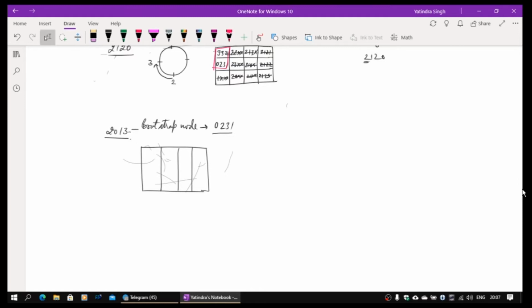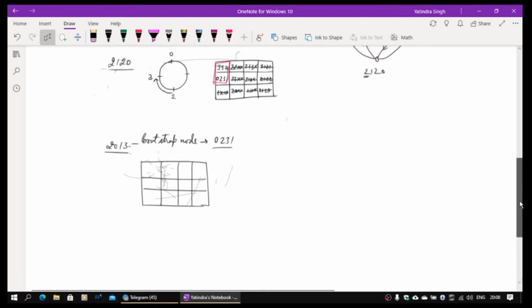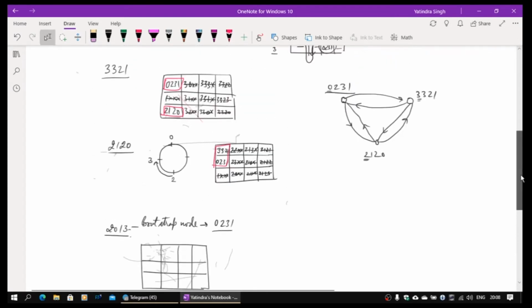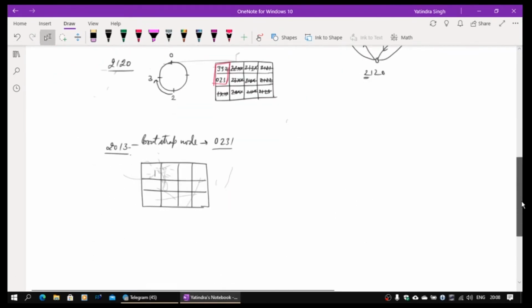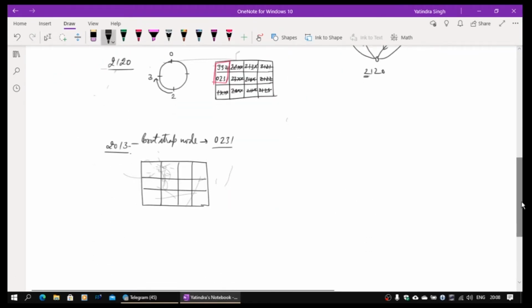Once the routing table is updated, it will have again 3 rows. So first of all, it will come from 0231, the routing table entries. So from 0231, it will get to know of 3321, because those are, then of course 0231 will give 2120 and 3321, both will be informed. So it has to pick up now the entry. So after 2 we will start with 3.